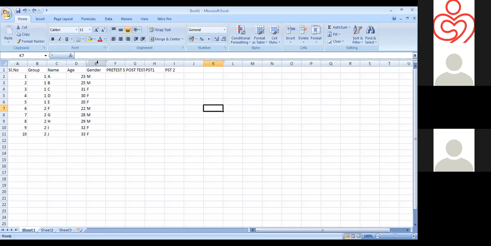If we enter some codes and all, as I told earlier, you may forget. So what we usually do is we enter the exact data which we collected in our data sheet. So we may enter male, female, like that, all letters. So that data we can keep in a sheet.